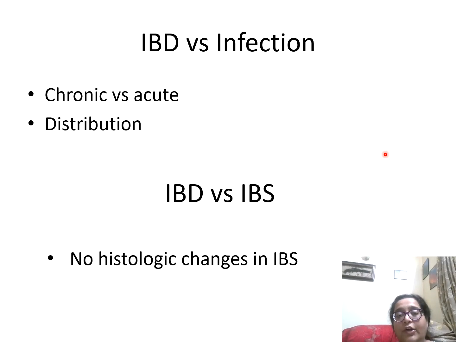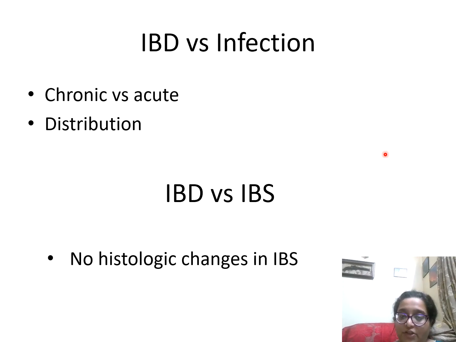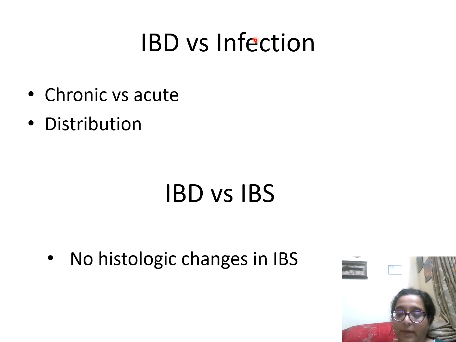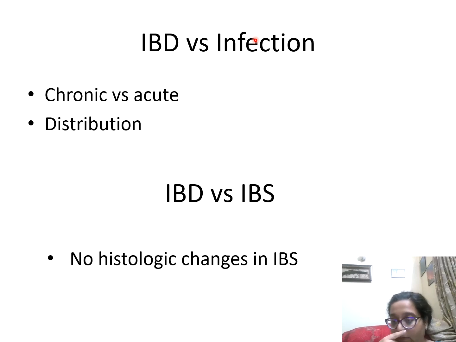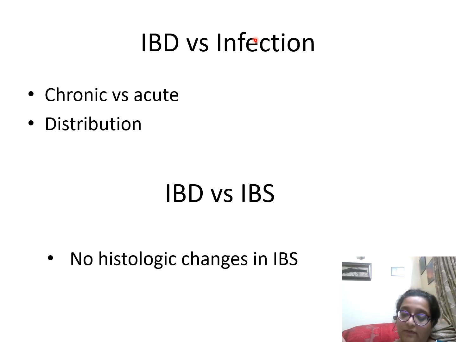Then acute versus chronic infection is a very, very common differential and a pitfall for IBD. I told you the most common pitfall is TB. TB will have a lot of lymphoplasmacytic infiltrate. TB will show a granuloma. Crohn's also shows a granuloma. The granulomas in Crohn's are smaller, less destructive, with less or no necrosis. The granuloma of TB is big.